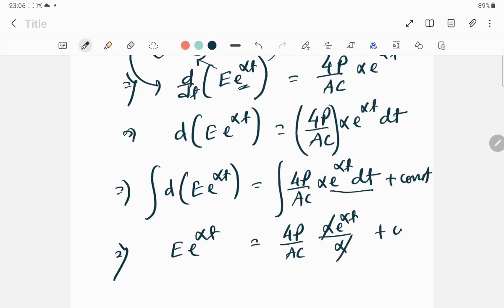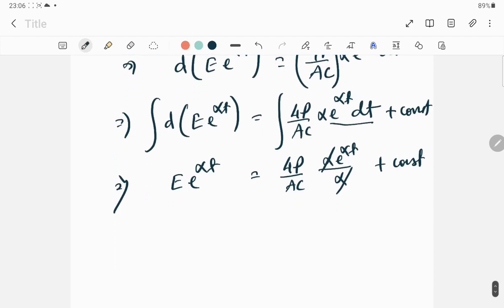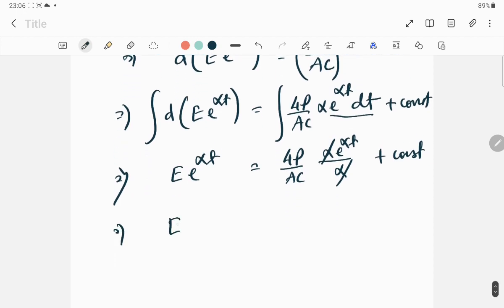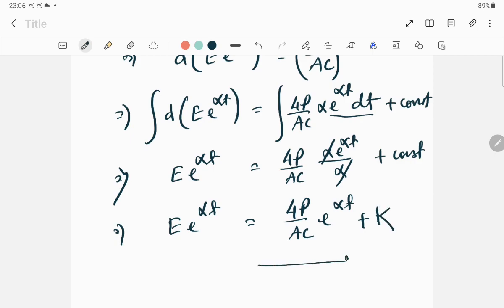Alpha gets cancelled. So finally it looks like E e to the power alpha t equals 4P/AC e to the power alpha t plus constant. It will be our equation number 4,